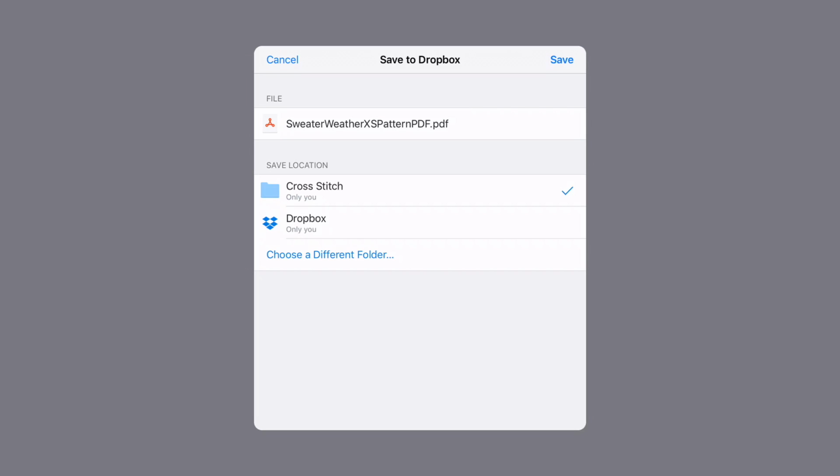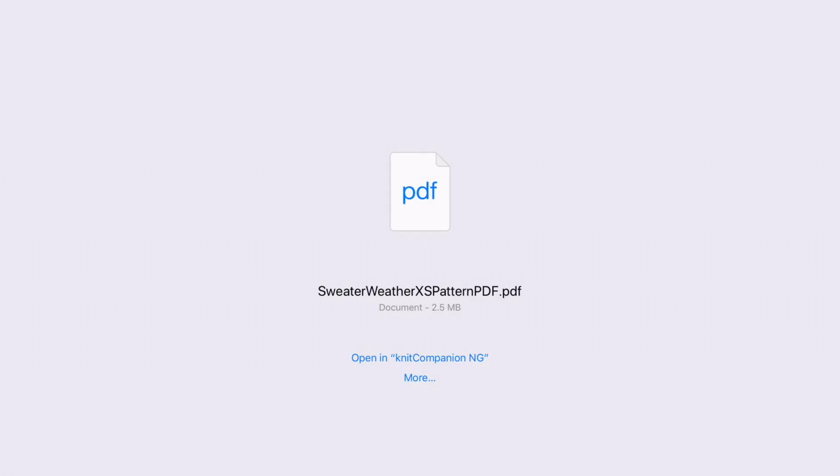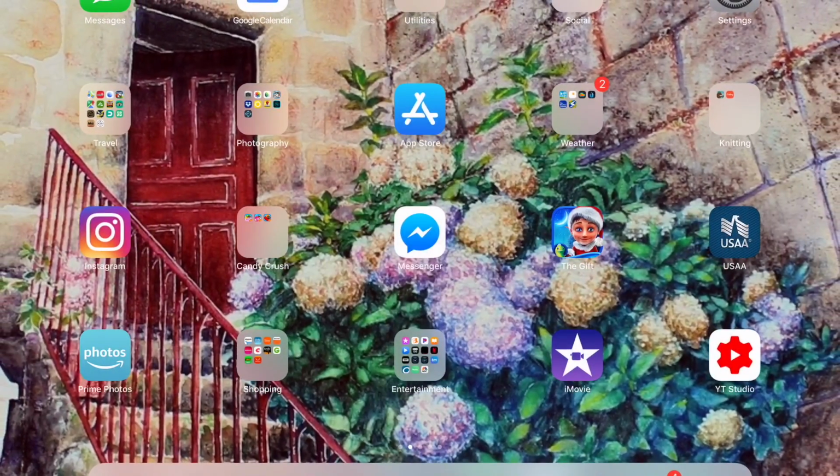So I could put it in the main Dropbox folder, or I have various folders. The one that I use most often these days is my cross-stitch folder, so that's the one that's currently checked. You'll see down in the bottom there it says choose a different folder. If I wanted to put it in a different folder, I could click on that. But I'm going to leave it checked on cross-stitch and hit save up in the upper right, and it does its thing and saves it over to Dropbox. Now I'm going to go into Dropbox,